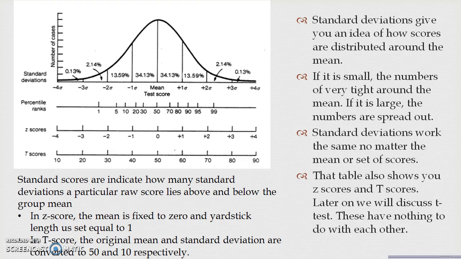Standard deviation works no matter what is the mean or set of scores. If it is a normal distribution, your standard deviation will work. There are z-scores and t-scores. They have nothing to do with each other. Your z-scores and t-scores are basically a way to standardize the